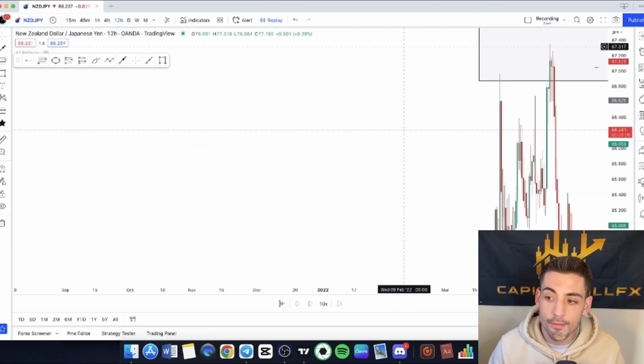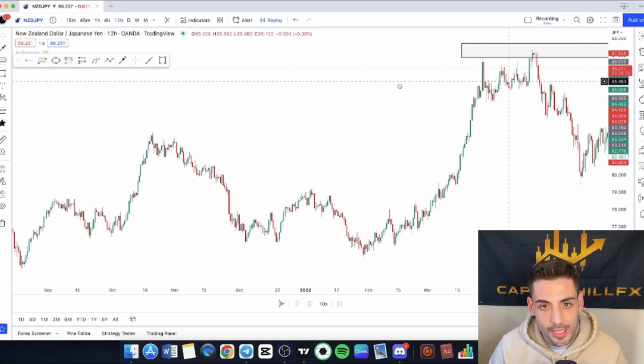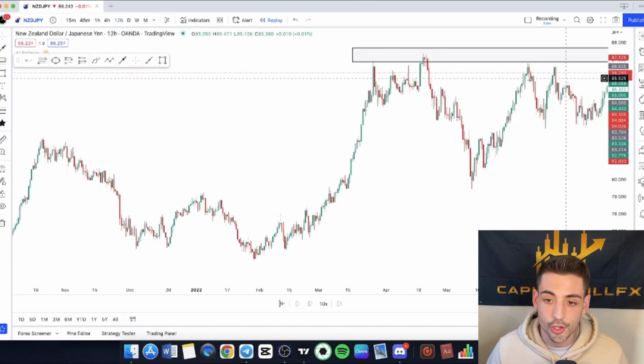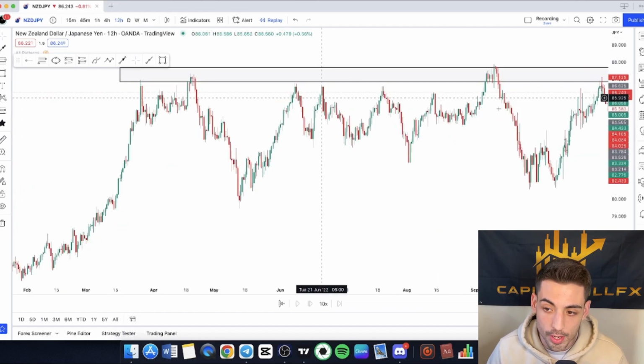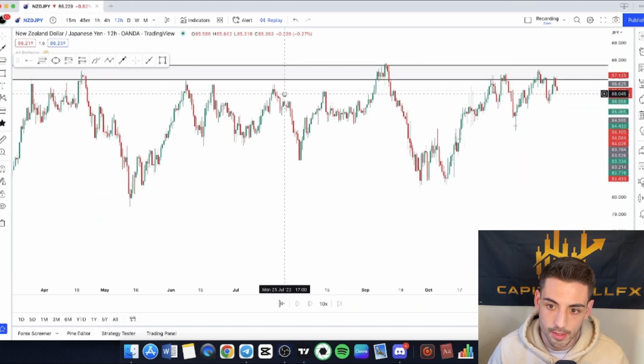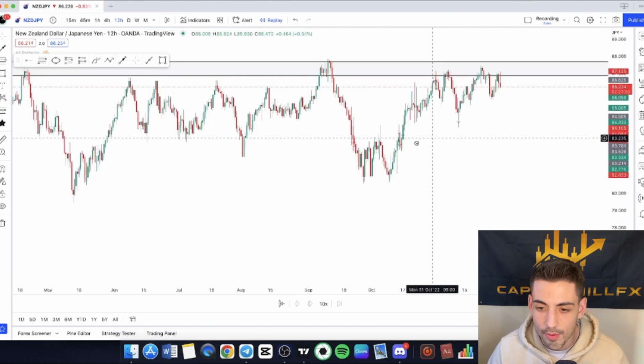I believe the 12-hour time frame is a great blend of the daily and hourly time frame. So if you're looking to identify those significant structures on the chart, I would say the 12-hour time frame is a hidden gem for a lot of intraday traders to trade off of their support and resistance levels. So a little pro tip, I would definitely look to start trading off of the 12-hour time frames because everyone